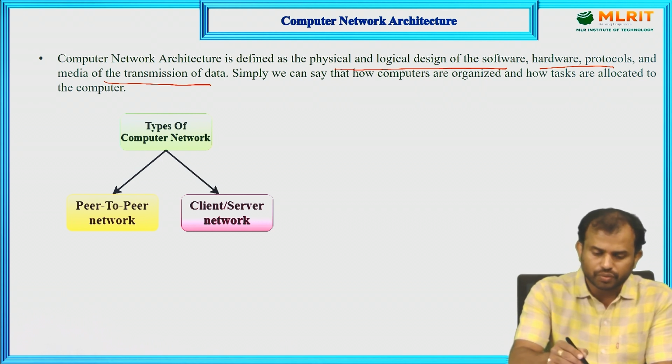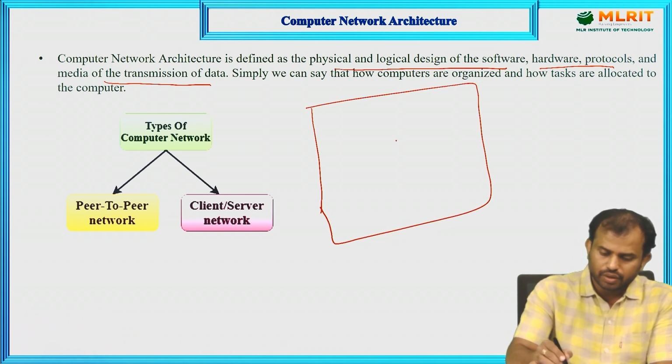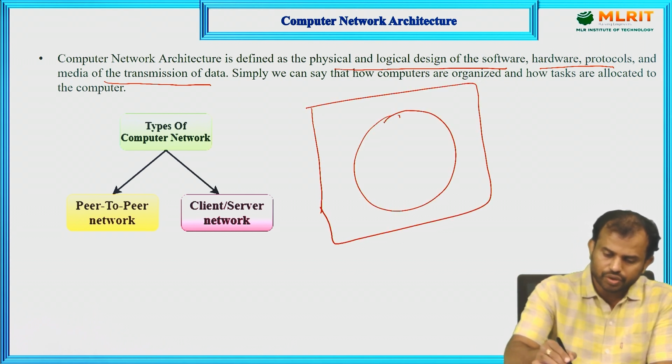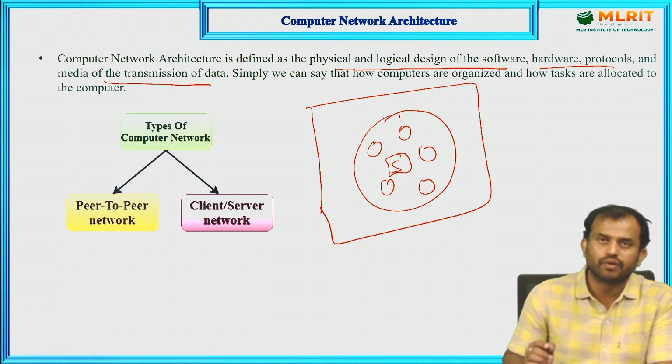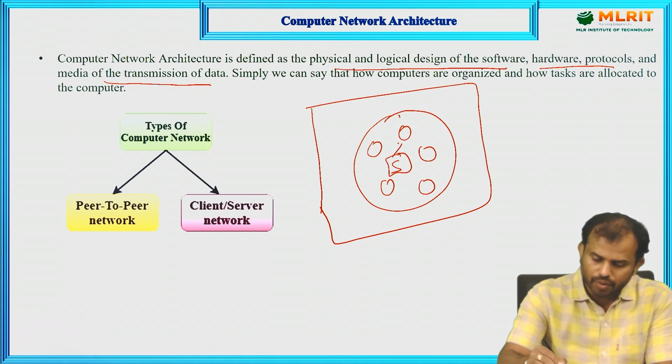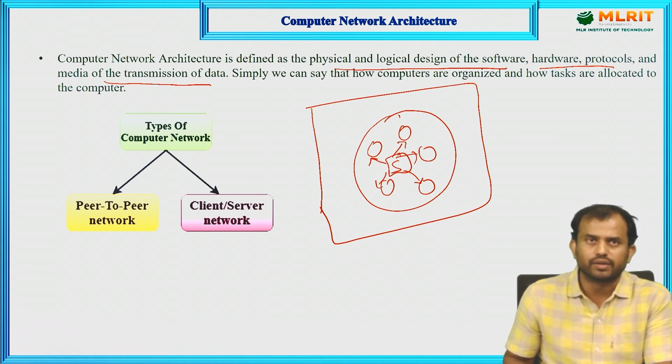Assume this is my computer network architecture. For example, this is my path, and I can share information across it. Here I have a strong server, and this server can accommodate n number of clients. It takes the requests and gives the proper response to the clients. While establishing this server,